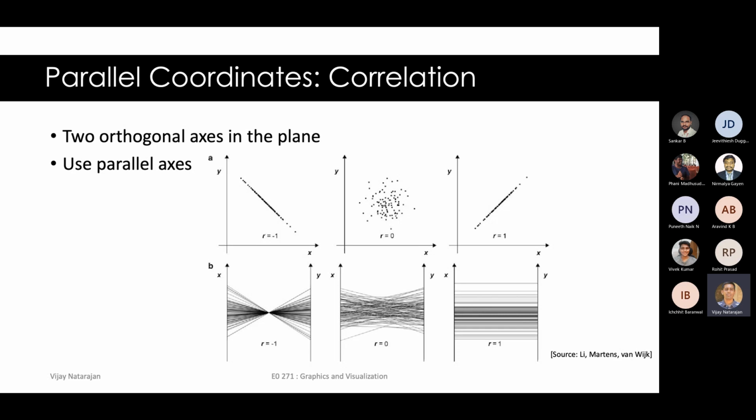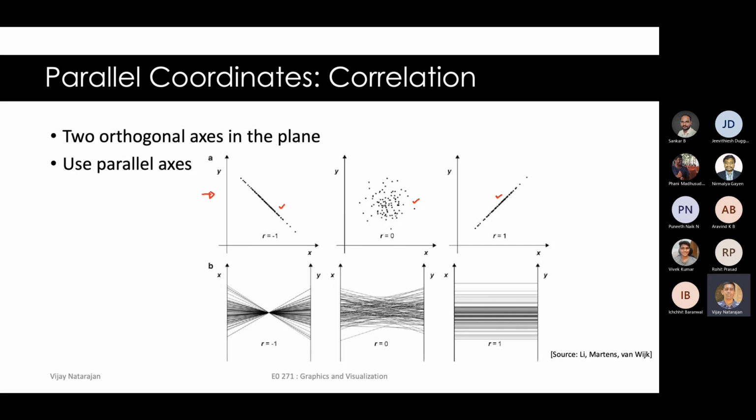On the top row, you see some interesting patterns that are familiar to you. Positive correlation on the right, negative correlation here, and no correlation, right? Corresponding to R equal to 1, 0, and -1, the correlation coefficient. In parallel coordinates, the corresponding patterns that you need to watch out for are